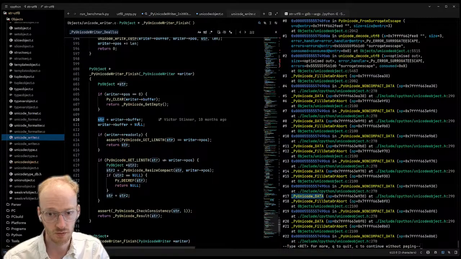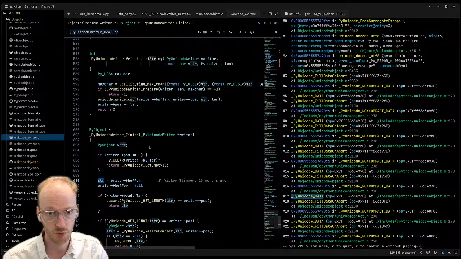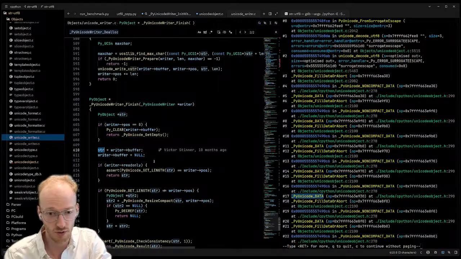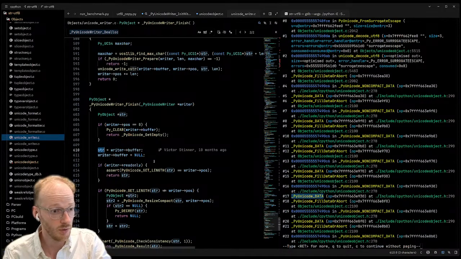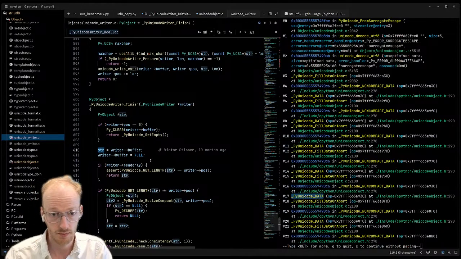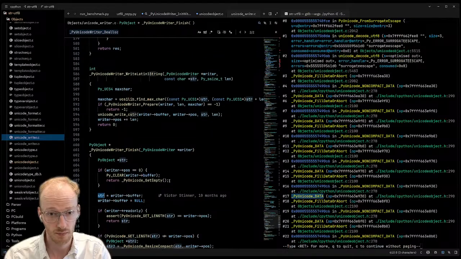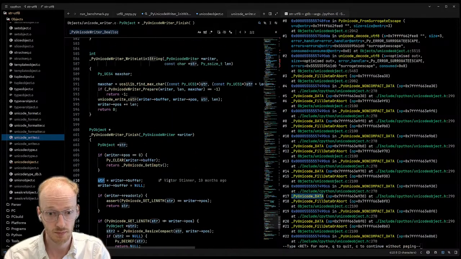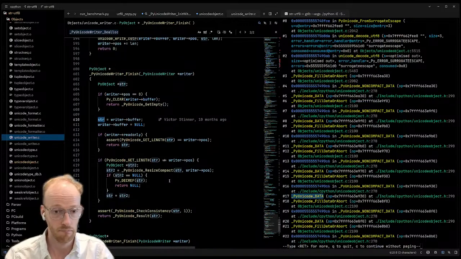Yeah, this is taking the Unicode object out of the buffer. It looks like the buffer is expected to be a Unicode object that it's writing to. Yes. I think the safe thing to do is give this a new Unicode object, let it do its thing, and then copy the buffer over to our object and take ownership of it.